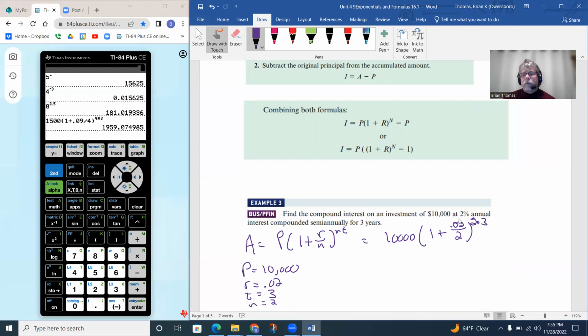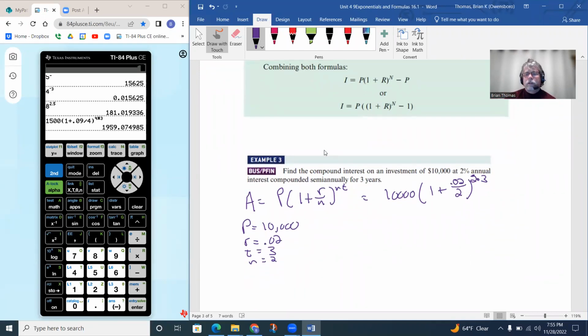Notice how the R over N represents the interest being earned in our formula up here. So notice how this is going to be R, and 2 times 3 is going to be our N, because that's the number of times actually being compounded all together. So you can start to see this formula materialize in this formula here. So anyway,